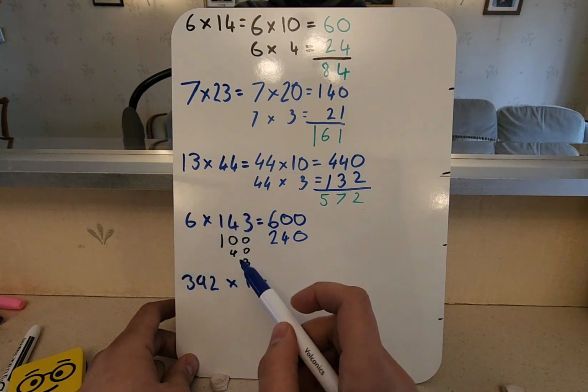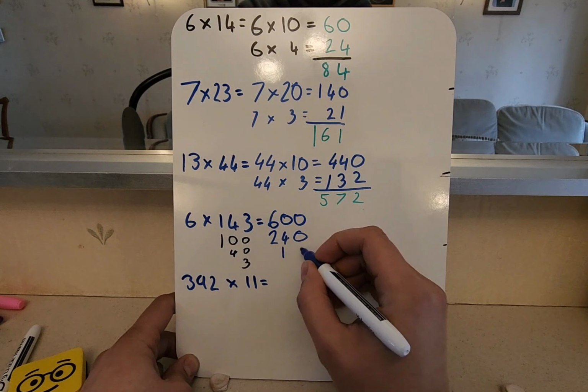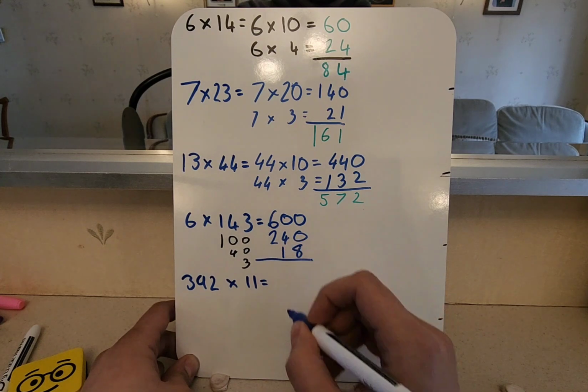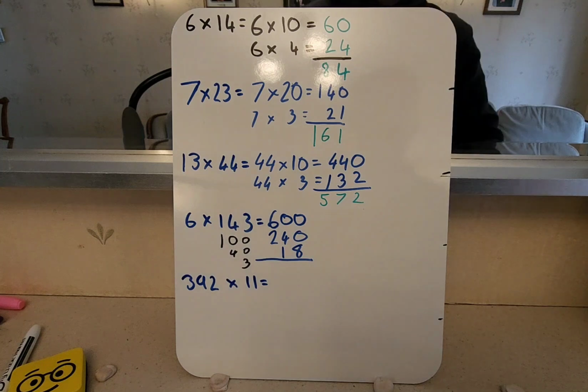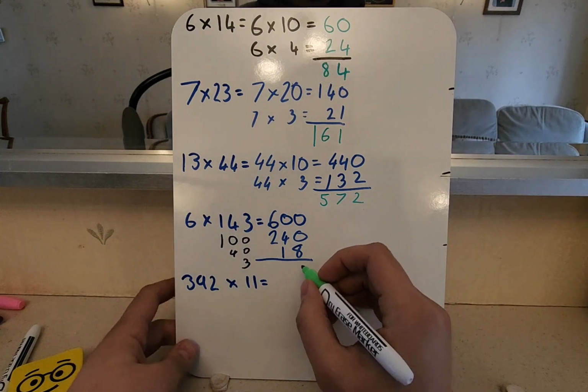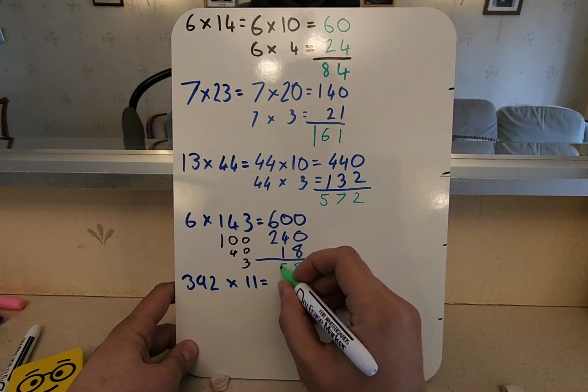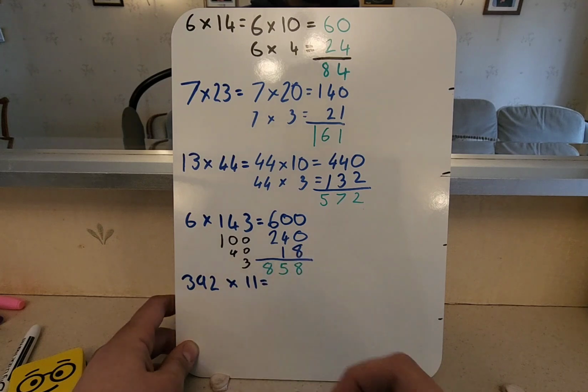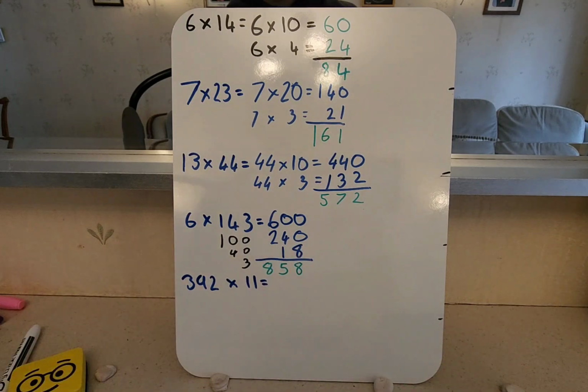And 6 times 3, 18. Now we can just tally these numbers up as we have been, like we were over here. 8, 5, 8. There we go. We have our answer,